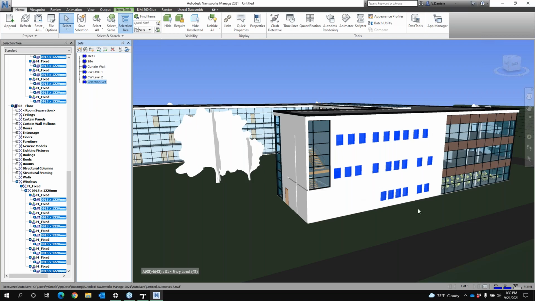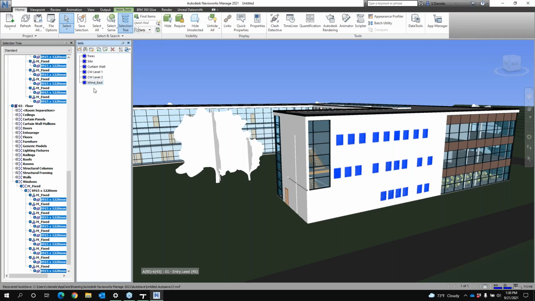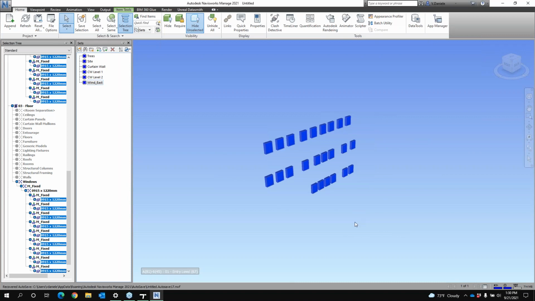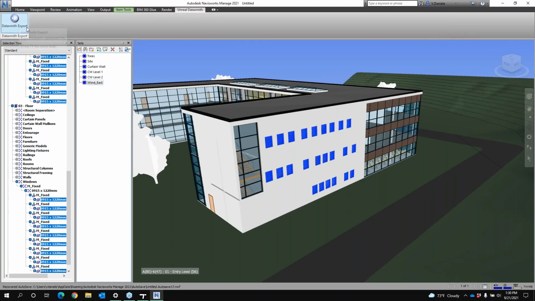And this looks like it's the, we'll just call this the east side. So I'll just call those windows east. And then really what I like to do is I'll start just exporting pieces of this model based on these selection sets that we accumulate. So selecting Windows East, we hide unselected. This is one thing, just like with Revit, when you go to export, it's what you see is what you get. So we don't want to export, even if the windows are the only thing that's selected, but everything is turned on. When you go to export the Datasmith, so if I went to this level, just open up my Datasmith,